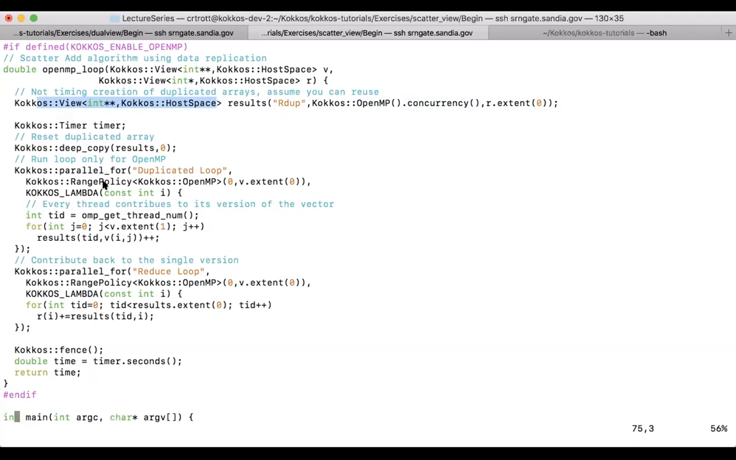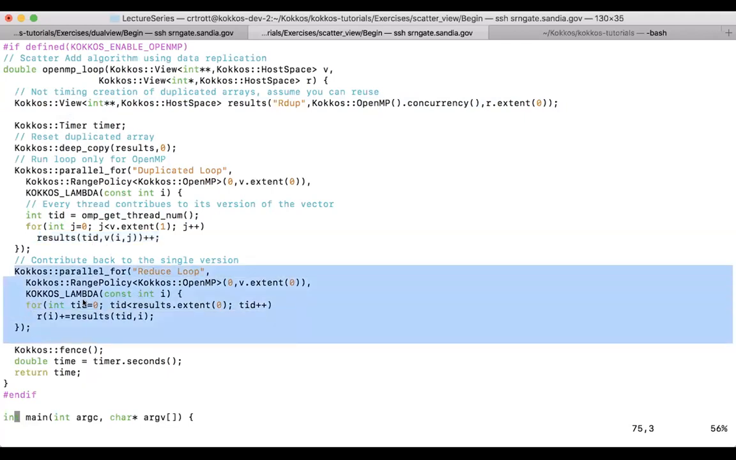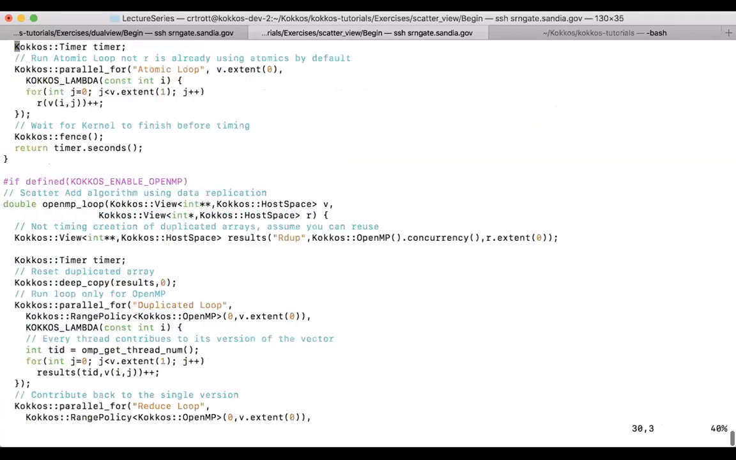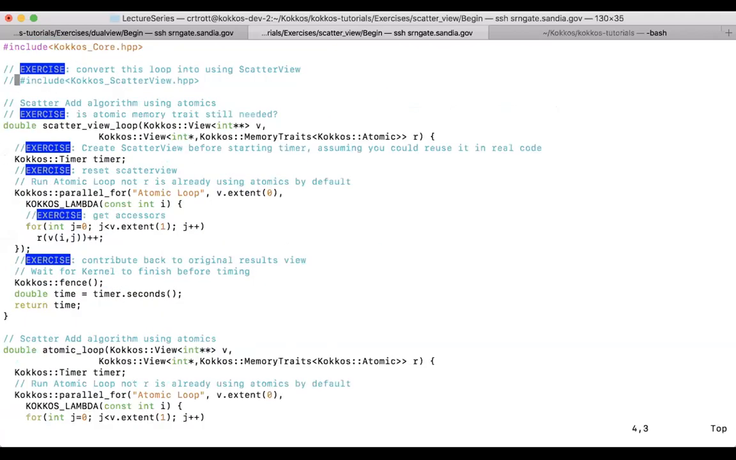And then it goes into the parallel for, it figures out what my thread is, and then writes into the result view of that duplicated thing. And then at the end it sums up over all the duplicates and writes it back into the actual result view. And so what we are now doing is changing this to use the scatter